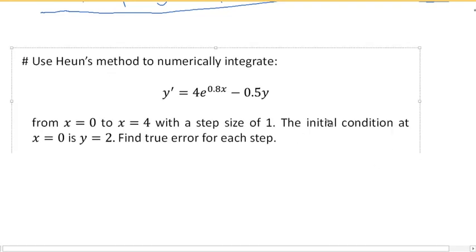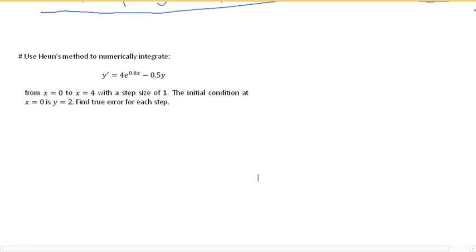This is the question. I will be solving this using Heun's method. Before going to the solution, I would like to suggest that for this particular course, in your exam, it will be exceptional